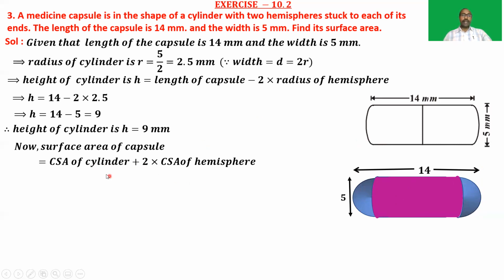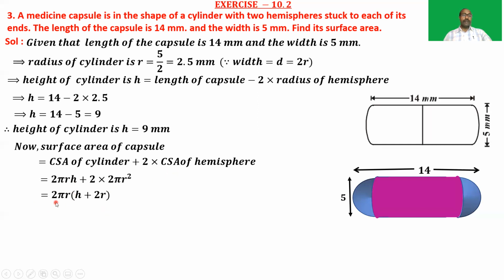So we have the curved surface area of the cylinder as 2 pi r h and the curved surface area of the hemisphere as 2 pi r square. So write the formula 2 pi r h plus 2 into 2 pi r square. In this we can take 2 pi r common. So we can write 2 pi r into (h plus 2r). Now substitute the values of r and h in this